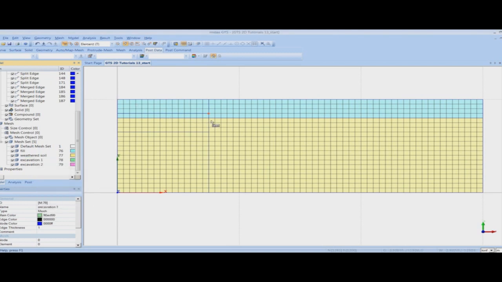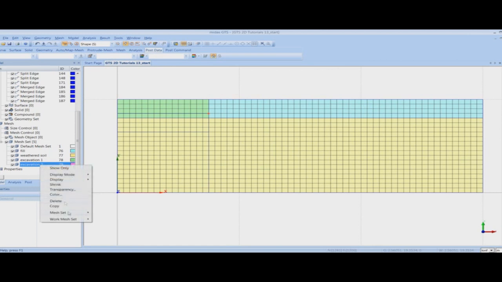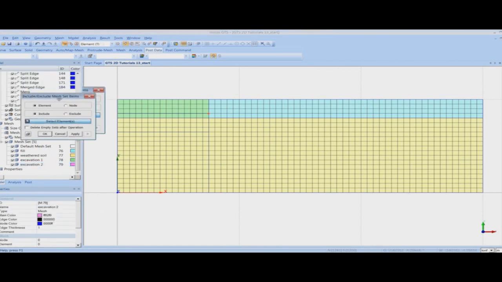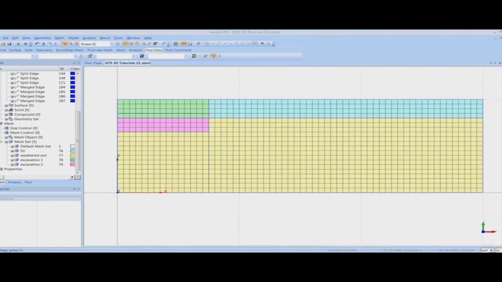First I have selected the excavation 1 mesh set, and now I'll select the excavation 2 mesh set and include it into the mesh set for excavation 2. So this is how I have created the different mesh sets for excavation, fill and weathered soil.